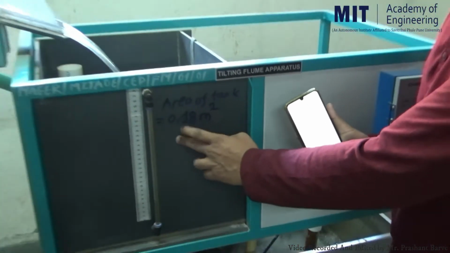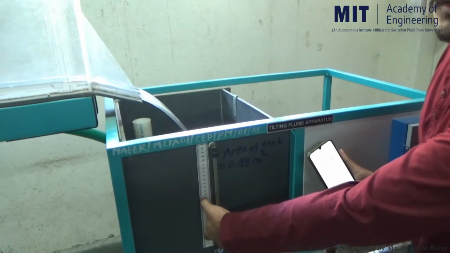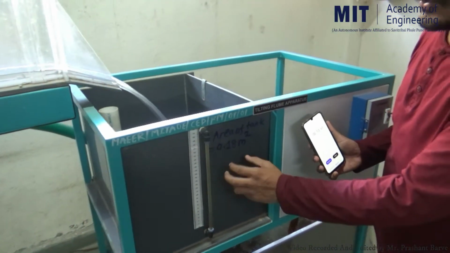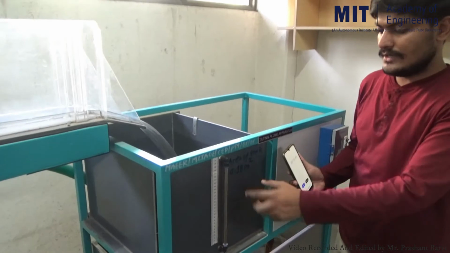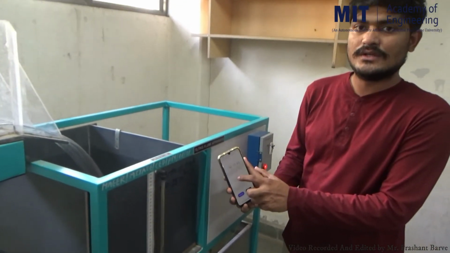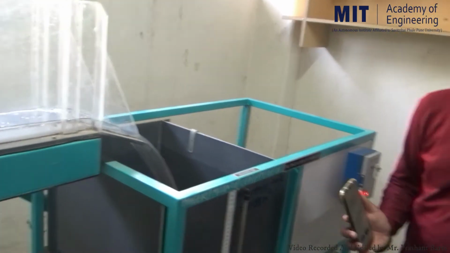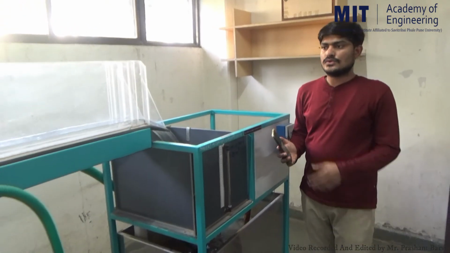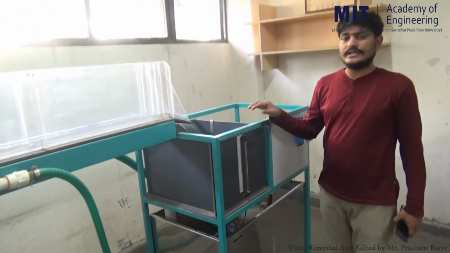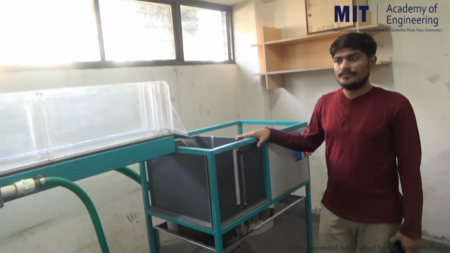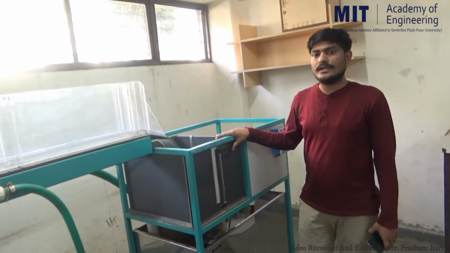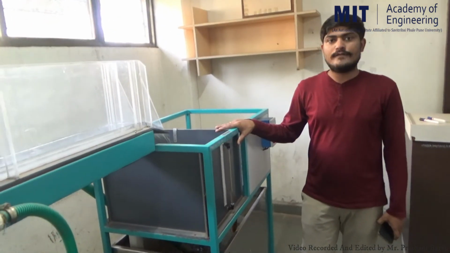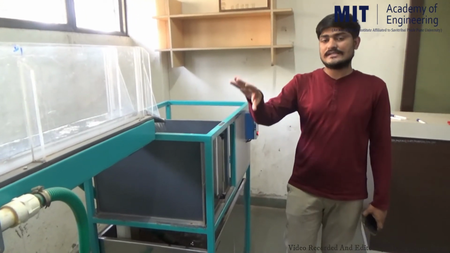So area is known to you. This depth we can consider 10 centimeters. So this is the volume, area into the depth is volume, divided by this time, 14 seconds. You can easily determine the discharge of this. Okay. So each and every observation is known to you. So start calculating the value of Manning's n for this iteration.